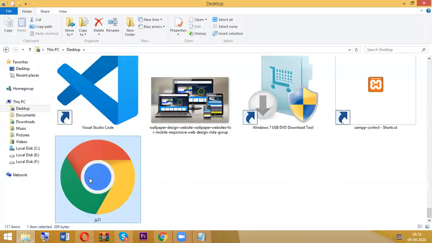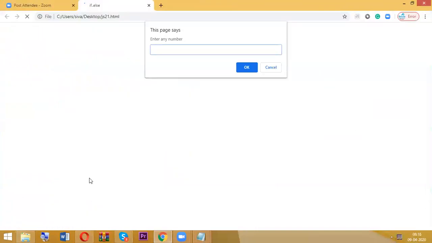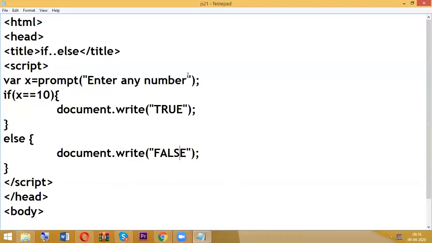This is JS21. Also, whenever the page loads, instead of empty, I want to display some suggestion. For that, comma 10. So whenever the page loads, it is going to show 10 as a suggestion.